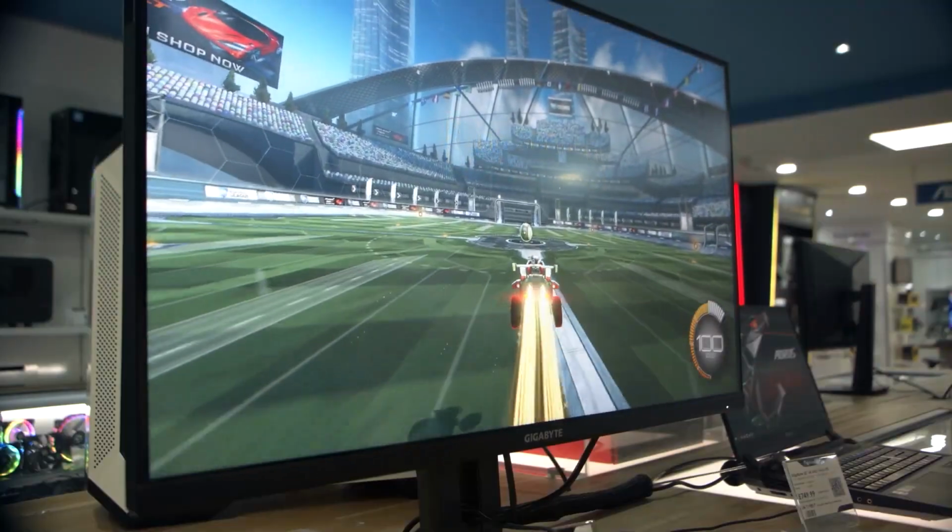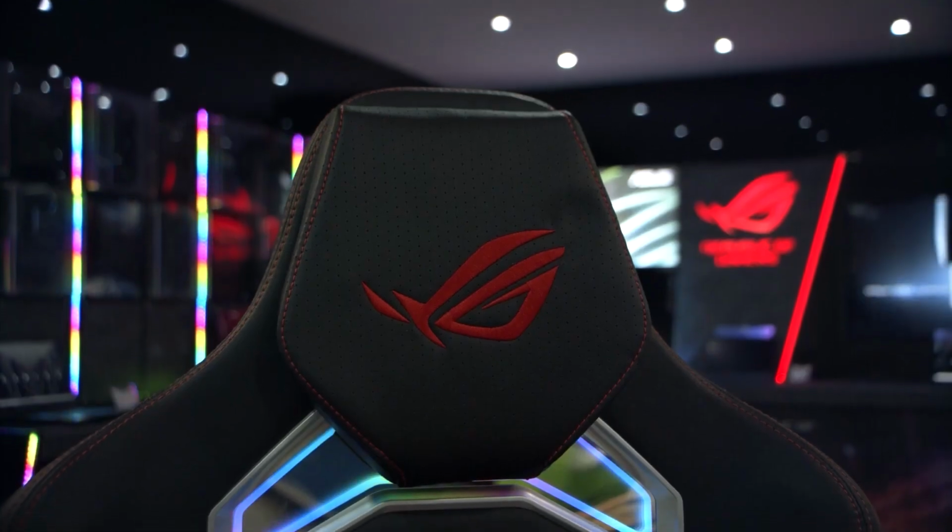At the end of the day, all of these headsets are down to your own personal opinion. What fits you is entirely down to your own setup, your own head, everything like that. So the one thing, if I could give you a piece of advice, is just go down to your local showroom, whether that be Scan's local showroom down in Middlebrook, in Horwich, or wherever. Just go to a store and actually put these headsets on your head, try them a little bit,